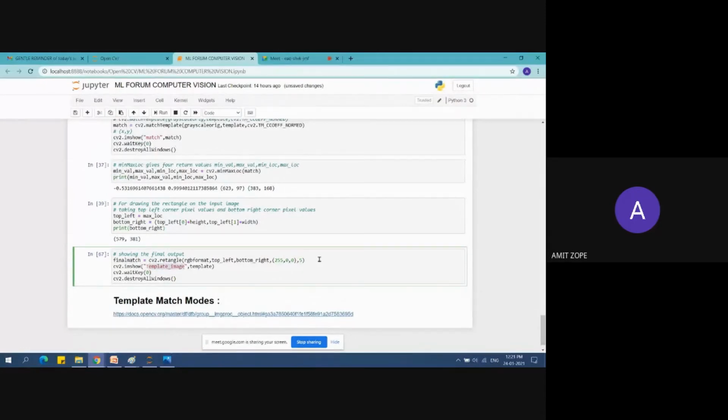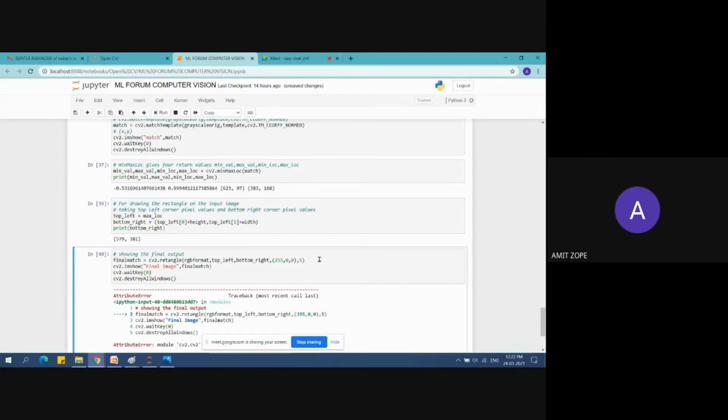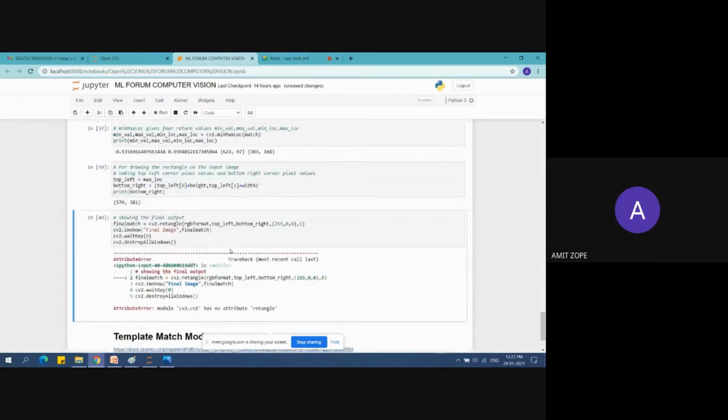And the match image, and here this is fine, and yes, I think it will work. Yes, cv2 rectangle is there.